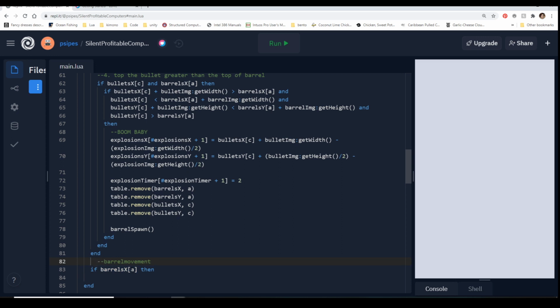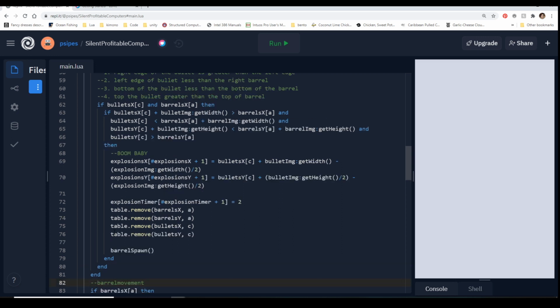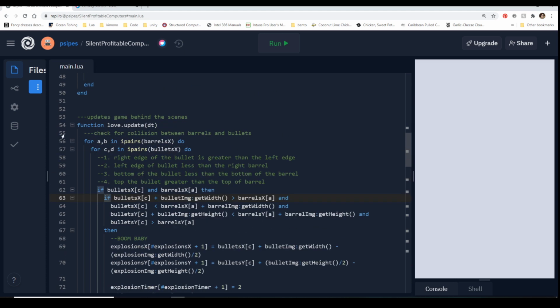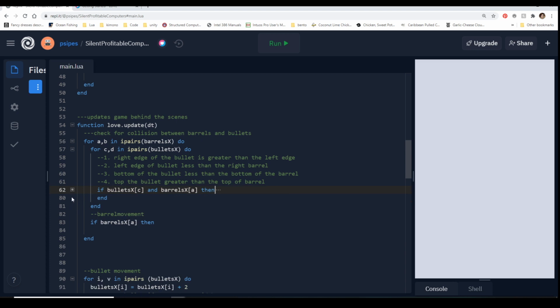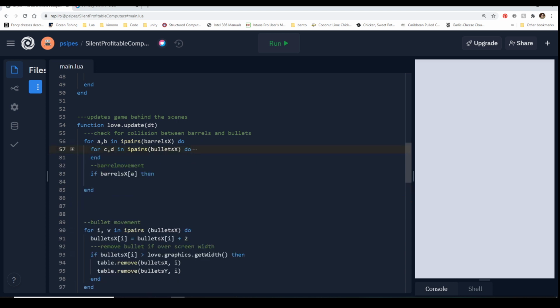And this is also where tabbing helps you, because I know that this ends. And the other way to help, if you're in REPL, if you come over to these numbers, you can actually collapse things so you can see where they actually are. So you know that you just need to be in this one so you're in the right place.